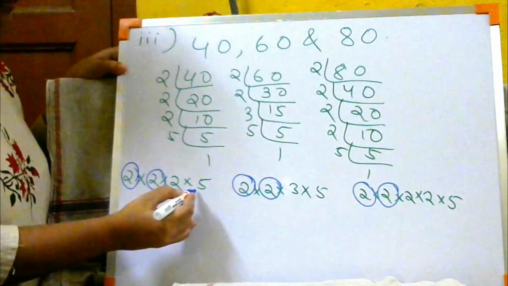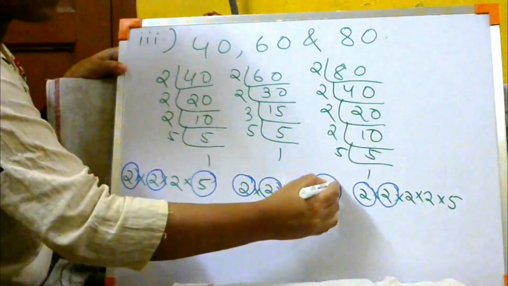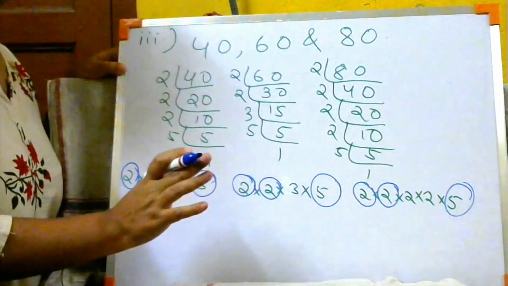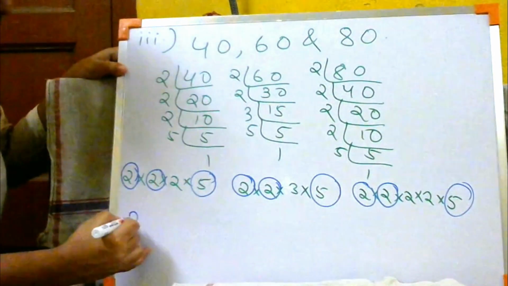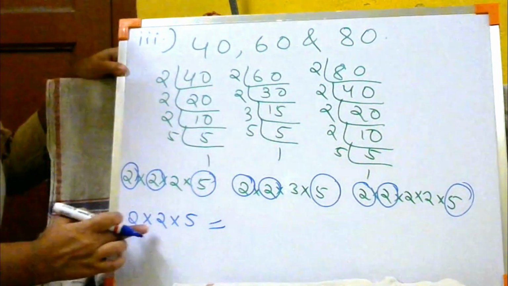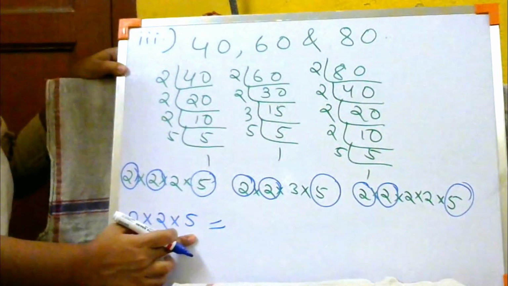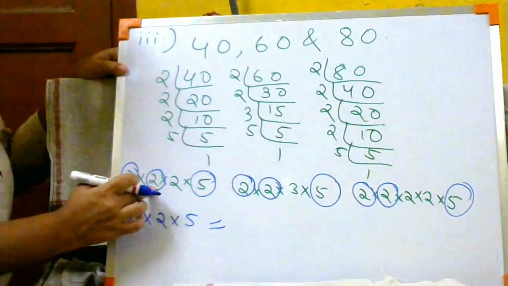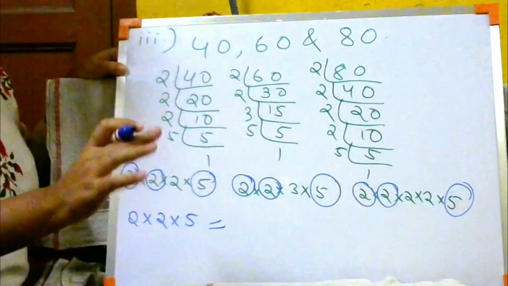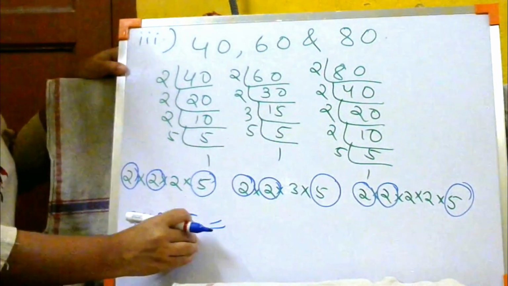Now let us go to 5. There is one 5 here, one here, one here. And 3, look, 3 is only with this one, so 3 is not a common factor over here. Clear? So what are the common factors? 2 into 2 into 5. These are the common factors, isn't it? Two 2s are common and one 5 is common. Now do not write it like 2 into 2 into 2 into 2 into 2 into 2 into 5 into 5 into 5. No, this is wrong. I am just writing those digits which are common.